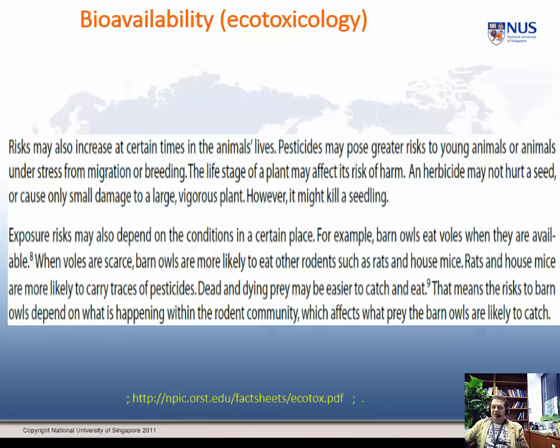Okay, so I said we weren't going to spend time in ecotoxicology. I'm really more interested in bioavailability, so I'm not going to read this, but if you're really interested in this sort of area, you've got to understand that bioavailability is different at different times. Different stages in an organism's lifestyle. It could be really dangerous for them, at other times not. Okay, I think we should move on.